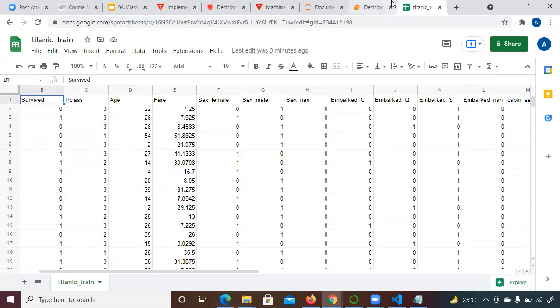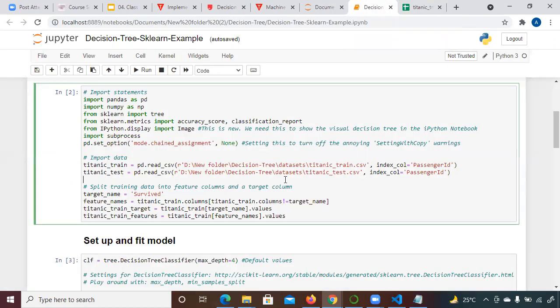Now here, if you can see what I'm doing, I import these libraries: pandas, numpy, sklearn. For every algorithm that I will show you in upcoming classes as well, we're going to use the sklearn library. Every algorithm, decision tree, KNN, is present in sklearn. You just have to add it in your code. After that, you have to read the data set.